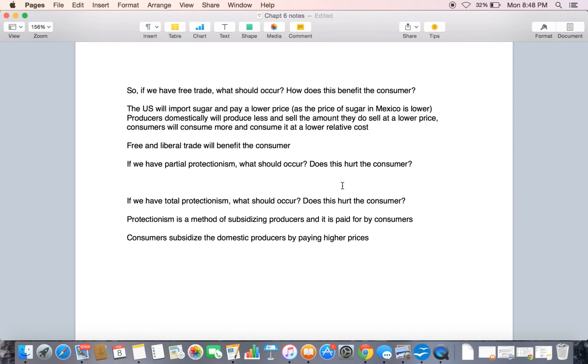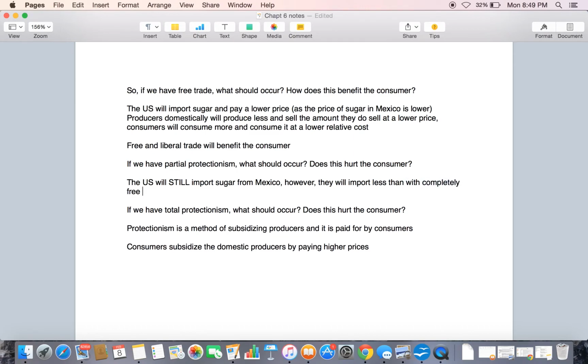So if we have partial protectionism, the U.S. will still import sugar from Mexico. However, they will import less than with completely free trade. Why is this? The reason is that the tariff that's enacted